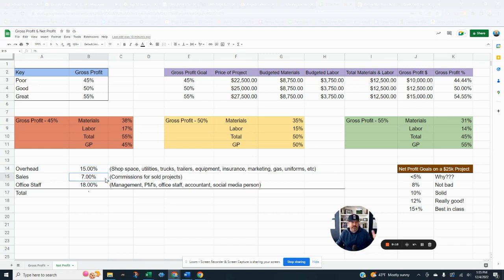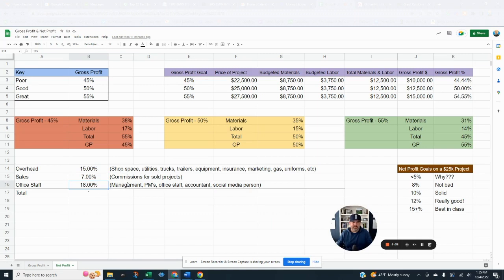Second line down here is sales commissions, right? That's a different person that sells it. When we first started, that was me. I was out selling it and sold every single one, so we didn't have sales commissions. Now we do. Now that we have 3 or 4 salespeople, it takes paying them, and so that's a big chunk.